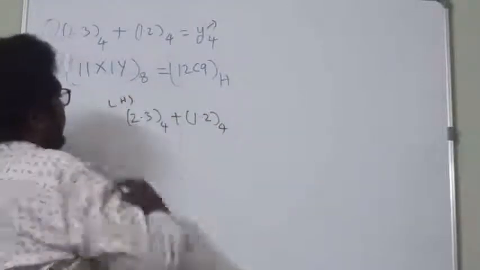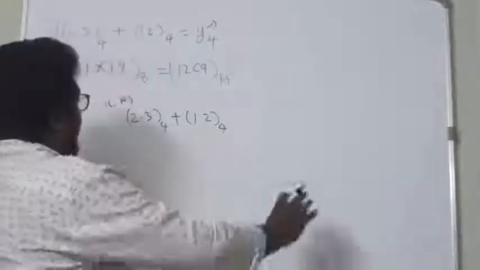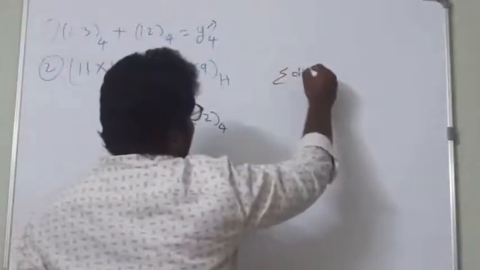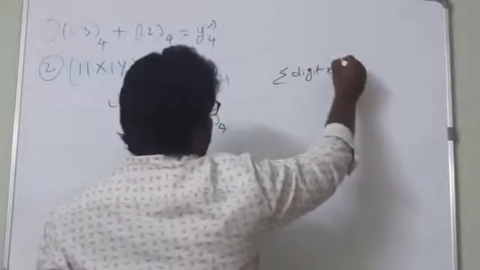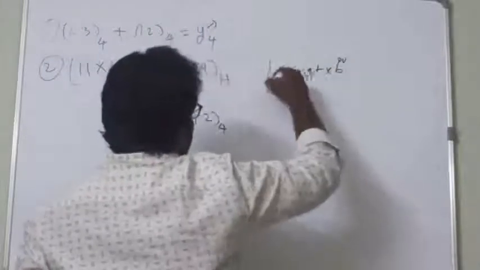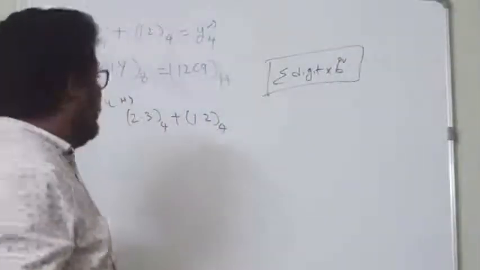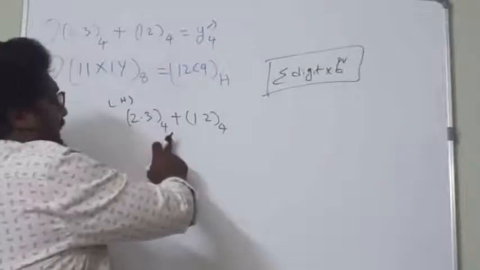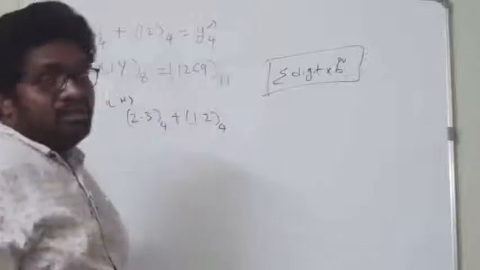LHS side, we have taken the LHS side, and we have to find out the RHS side. As we are already familiar, the formula is the summation of the digit into base power plus value, and this is the formula to find the base of any unknown number. So here we are having the base as 4, right? So let us solve this one with the formula.